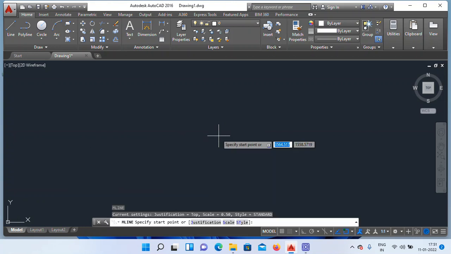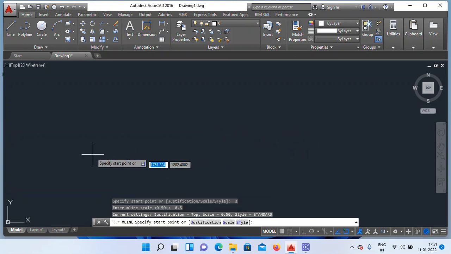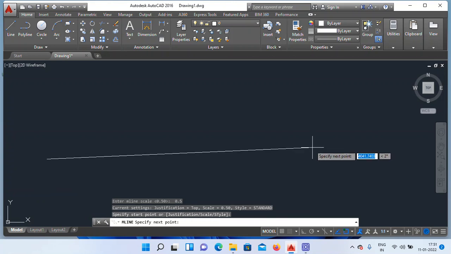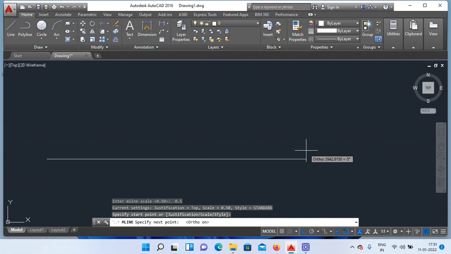ML, enter, scale, enter, give any required value. Example 0.5, enter. Click with your mouse from where you need to start the double lines. Here. F8 ortho to be kept on always, right?